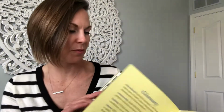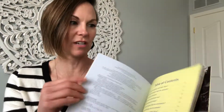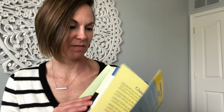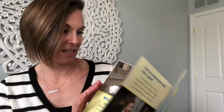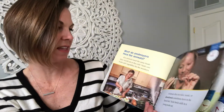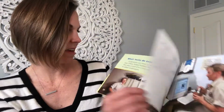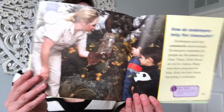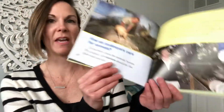So after we were reading, I want you to think about what were some of the things that Nikki did during the day. So she started her day by checking on the animals, and she ended her day by checking on the animals and then filling in the night person coming in. And in the middle of the day, she had lots of other duties, making sure that she was feeding them and cleaning everything. They had special equipment. She made sure she had a break, and then maybe she worked with members in the community and showed some of the animals to people, and they were making sure that they were taking care of their